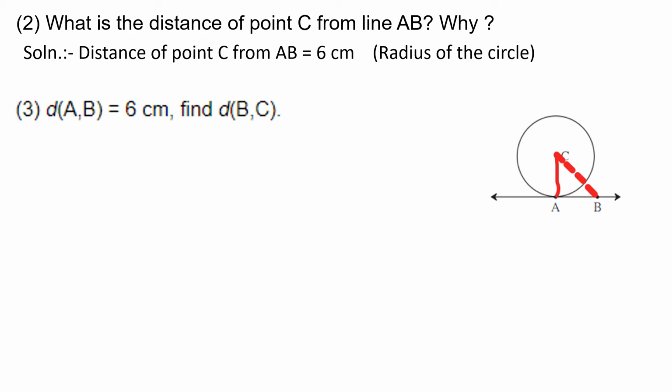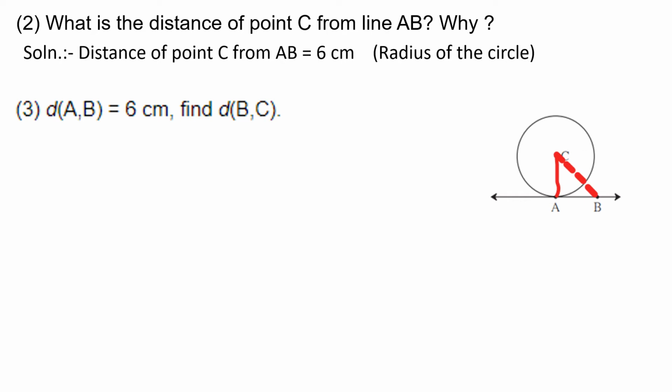You have to find out the distance of BC. Now already in the question, the radius is given as 6 cm. Now here AB is the tangent which is given as 6 cm. You have to find out the distance of BC. Observe the diagram. The diagram is triangle CAB. In triangle CAB, CA is 6 cm, AB is 6 cm, and at point A it is a 90 degree angle.